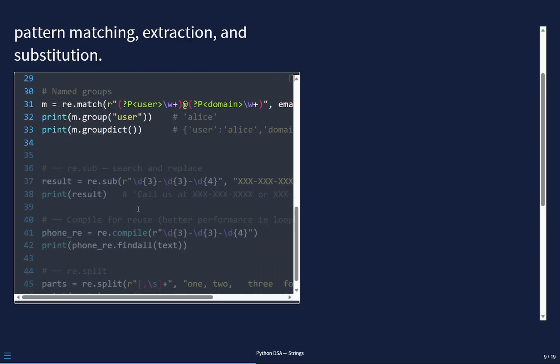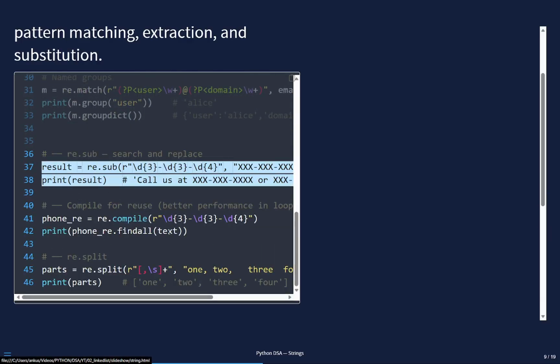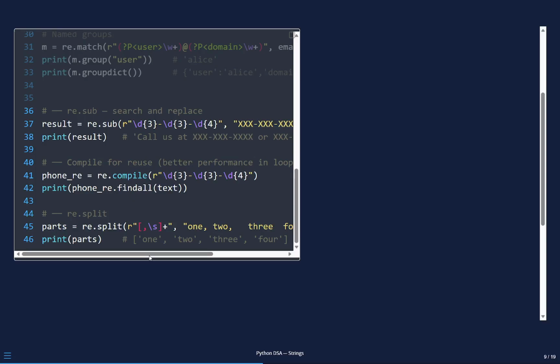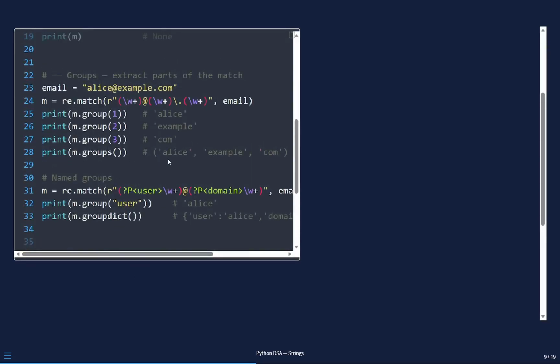Groups let you extract parts of a match. Wrap a sub-pattern in parentheses to create a capture group. m.group(1) gets the first group. m.groups() gets all groups as a tuple. Named groups with (?P<name>...) let you access captures by name, m.group('user'), which makes complex